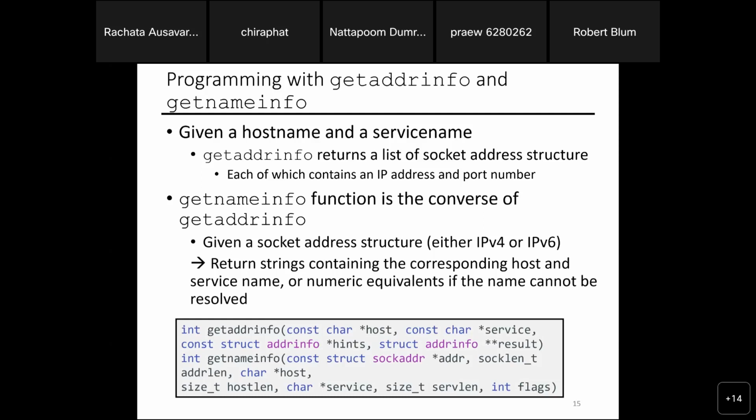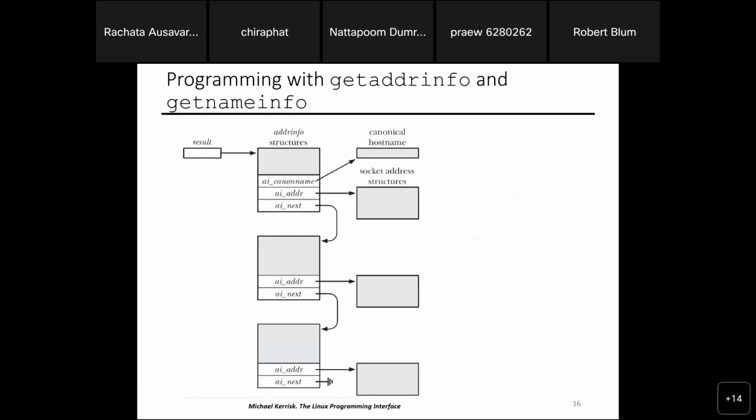And you can use get name info to get the string that gives you the host and the service name. So you can program with get address info and get name info.